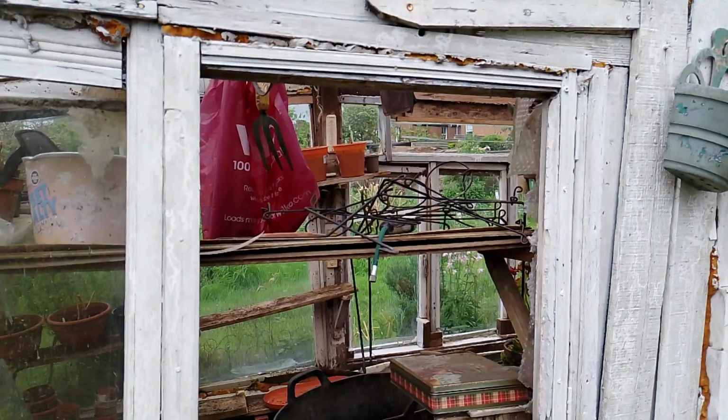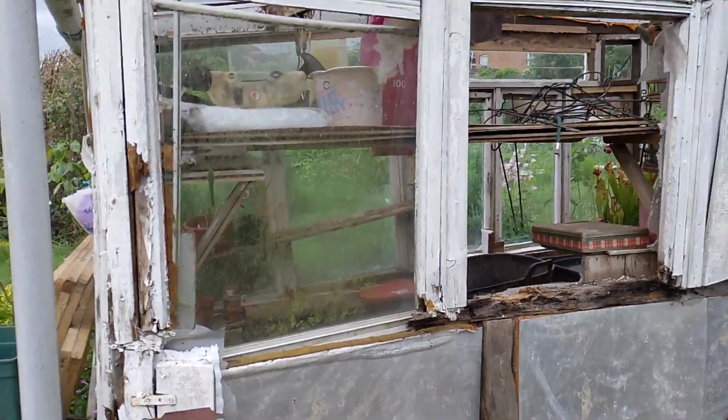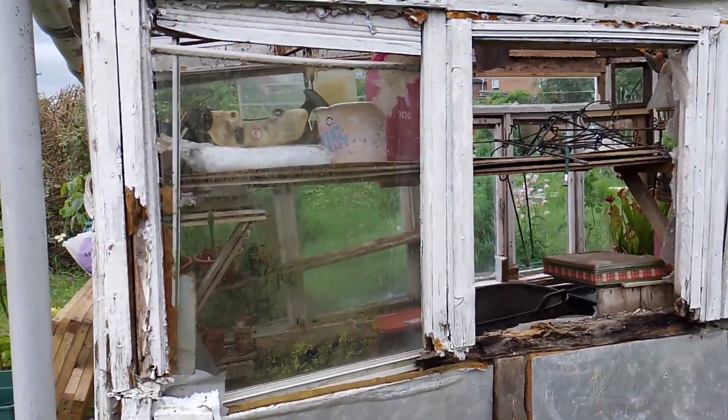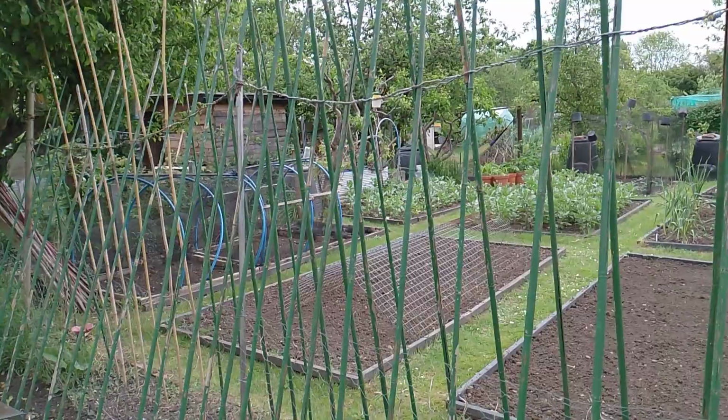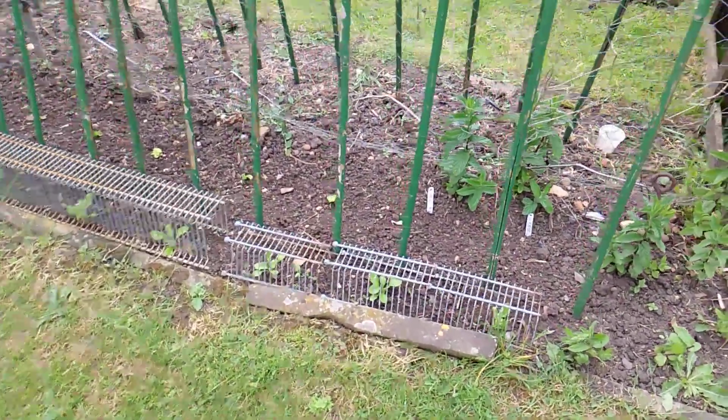Replicating soil, something like that anyway. So I need to cut it out. I've got all the glass in the windows to go in. It's just, all I need is the time to do it. French bean canes up. I put some spinach seeds in, but I've also put some spinach